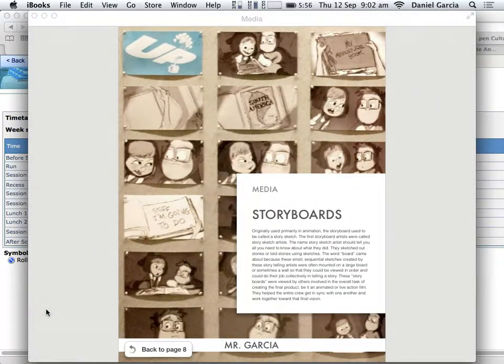Okay, so, we had a look at storyboards. We talked about the importance of them. We talked about how they are there to save you time and money, because they're a visual way to show the pre-production and the idea of your movie in little kind of comic book forms, really, really quickly. So you can see if it's going to work here. Cut a scene now. That's what we talked about.